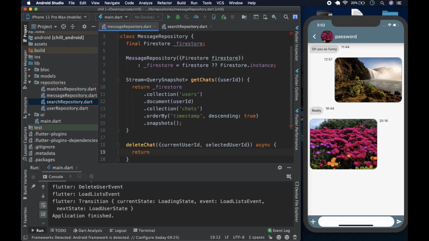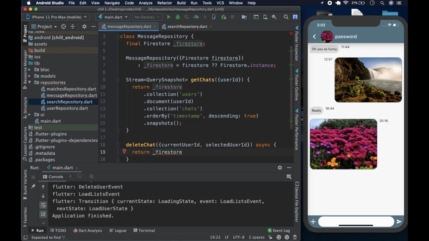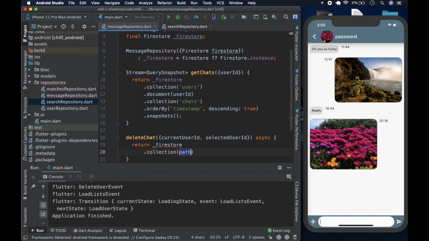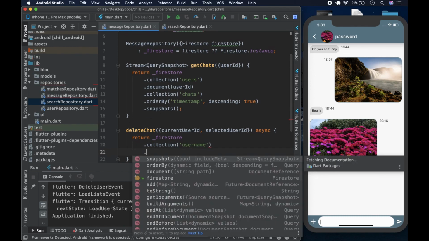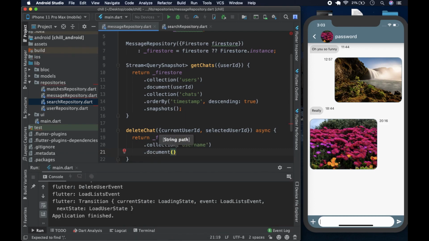No, we're going to go into the users collection, get a document with the current user ID, and reach into the collection chats, and in the chats get a document with the selected user ID and delete it. So basically we could just say Firestore, and we reach into the collection, and in it we'll have a document with the current user ID,